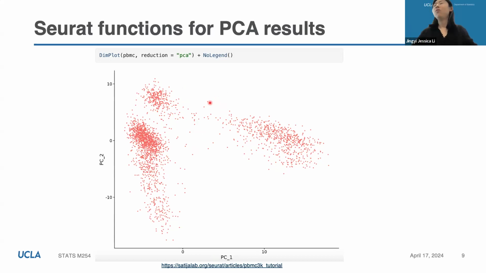I think that's one reason PCA was very appreciated in genetics, even with just the two PCs. But of course, when people realize that some cell types are close to each other in the PC space, they may want more for visualization, but that's a topic we will talk about next. For now, in using PCA for single cell data analysis, in most cases we don't just keep two PCs. We keep more than two PCs, maybe 20 PCs or 50 PCs. So there is a range